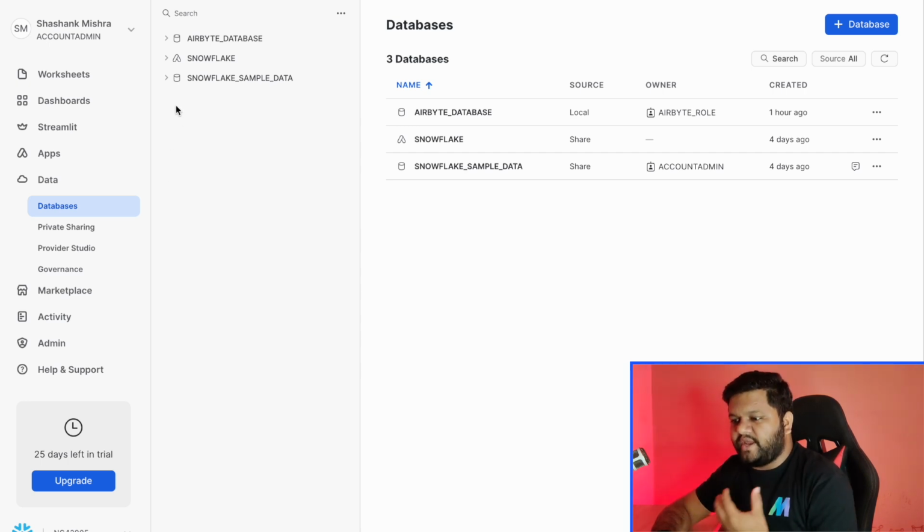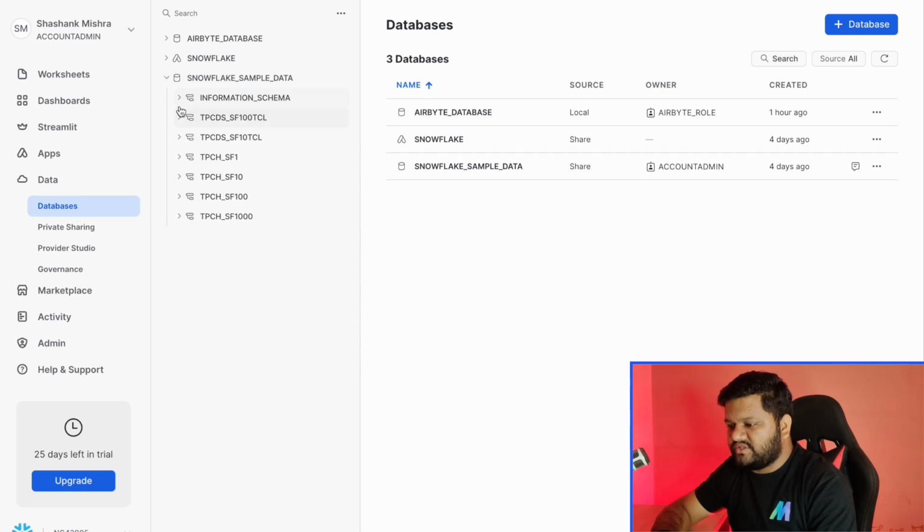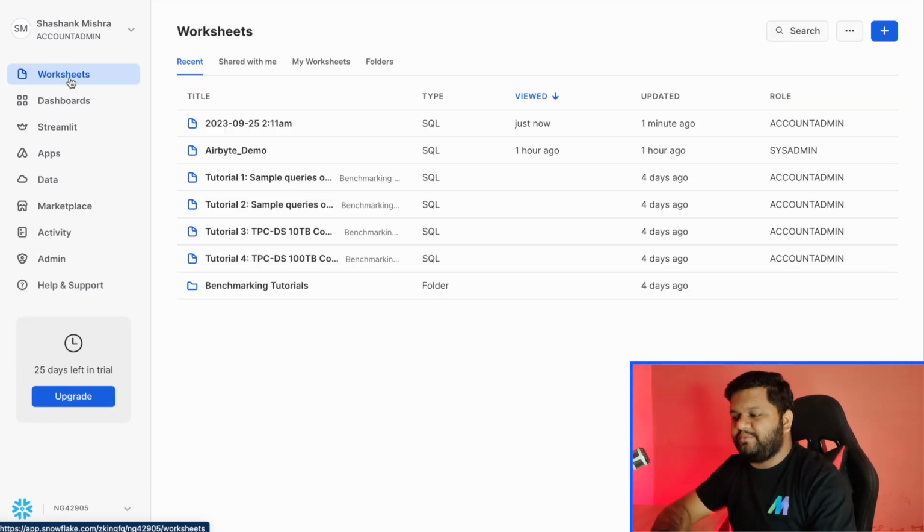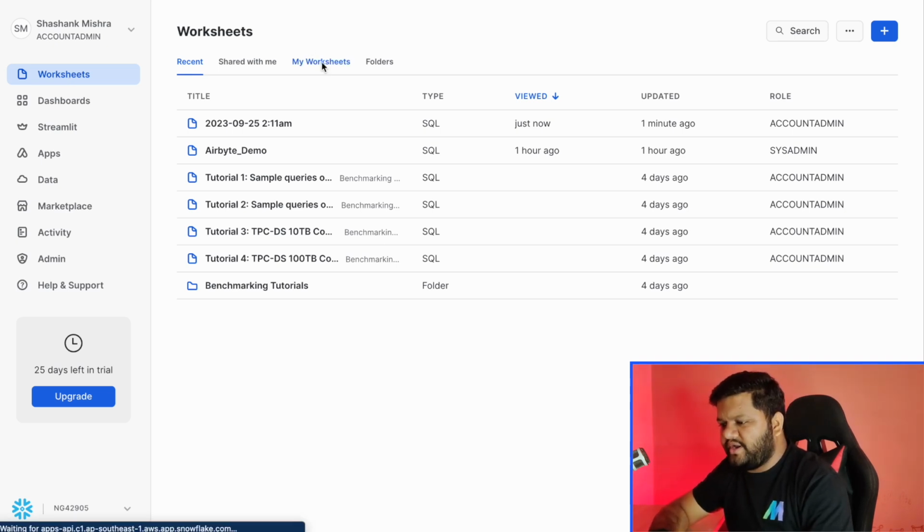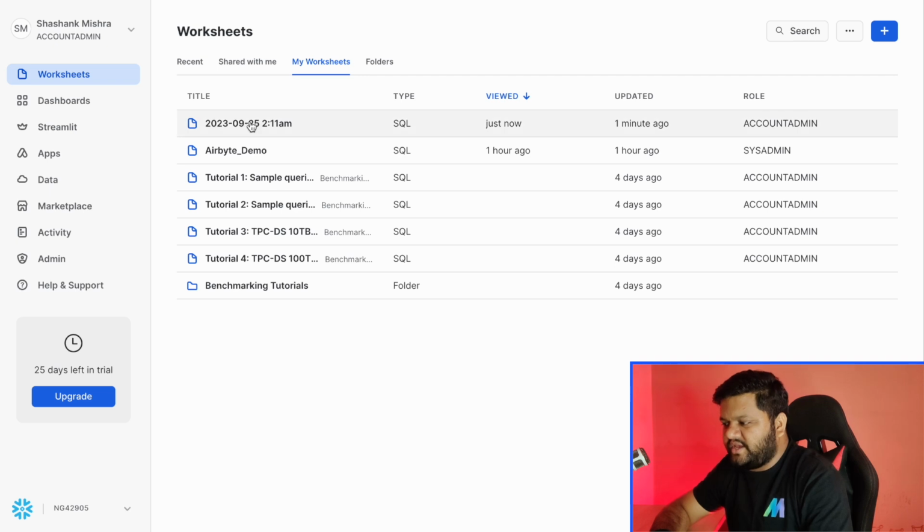As soon as you create your account, by default these two will get created for practice, with some sample data. As you expand, you will see these are the schemas within the database, and here you will see different views and tables which got created, and you can start using them and practice. And this worksheets component will allow you to write your queries for any type of execution. I already have a few worksheets which I created for testing. So this one, and I will tell you what type of command you actually need to write here,